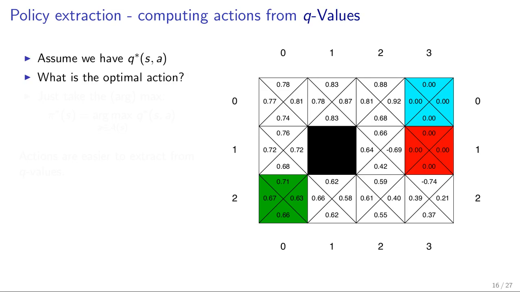This is one-step expectimax. Essentially you get the Q values, and then what is the optimal action? That's simple. You just max over those 4 Q values. So here it's going to be 0.76. Here it's going to be 0.81. And